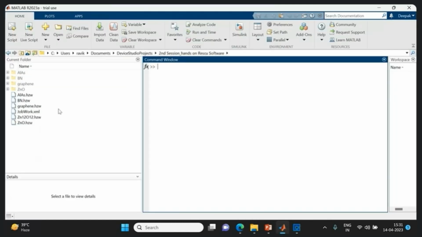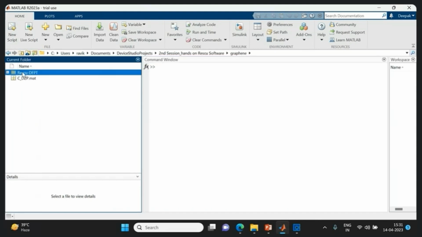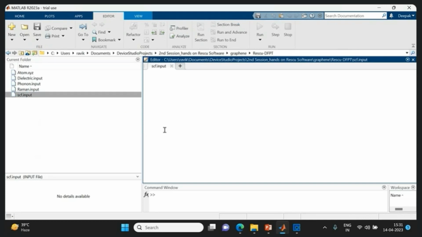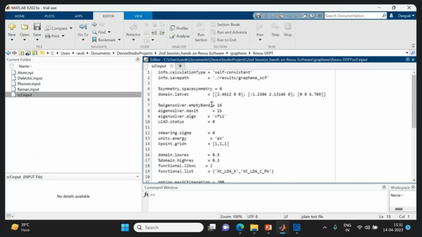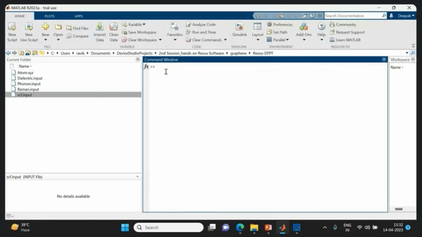Here you can see this is the graphene, and this is the RESCU DFPT folder. And here you will find this scf.input file, Raman.input file, phonon.input file, atom.input file, and this is the atom.xyz file. So here you can see this is the script for this scf.input file for this graphene, and here you can write the command, and this is the input file, scf.input file. So here you can write scf.input,